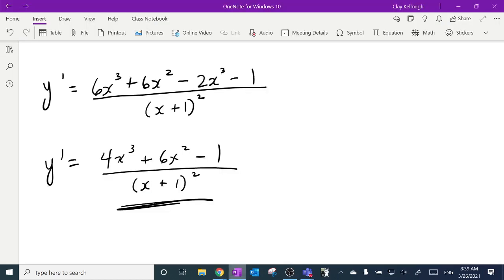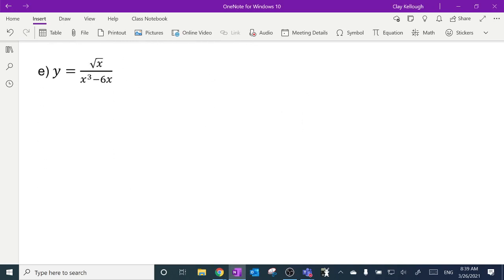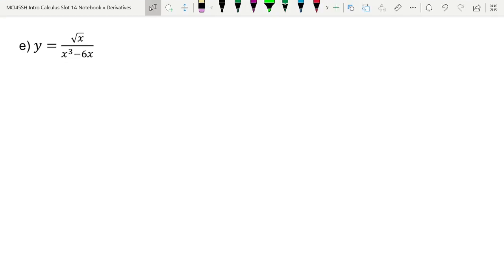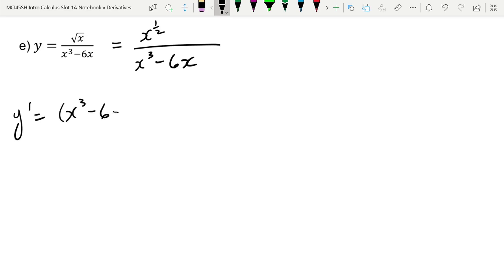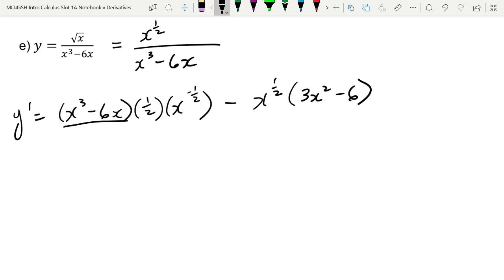One more. All right, what am I going to do with this mess? Well, I'm going to change this to x to the 1/2 all over x cubed minus 6x. And then I'm going to find my derivative. Again, that's going to be low d high, and of course the derivative of x to the 1/2 is 1/2 x to the negative 1/2, minus high d low, all over